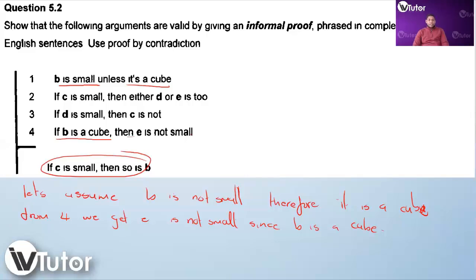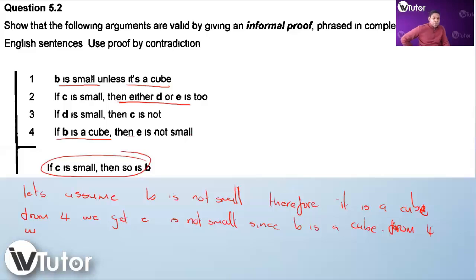So they say if C is small, then D or E is 2. If D is small, then C is not. Then we also have C, right? We know that E is not small. That is the conclusion that we have so far. E is not small. So if we have E is not small, then from 4,